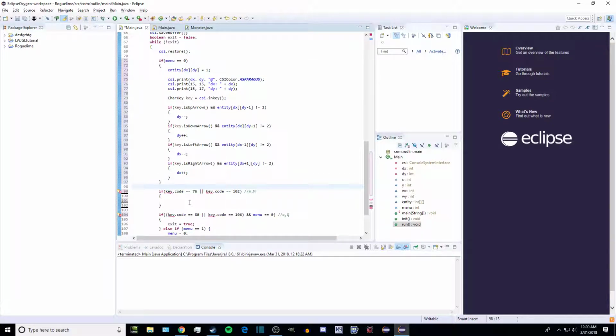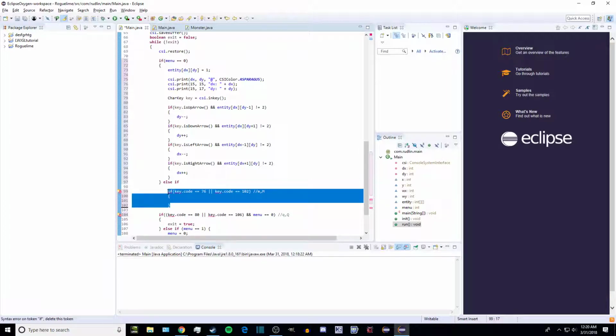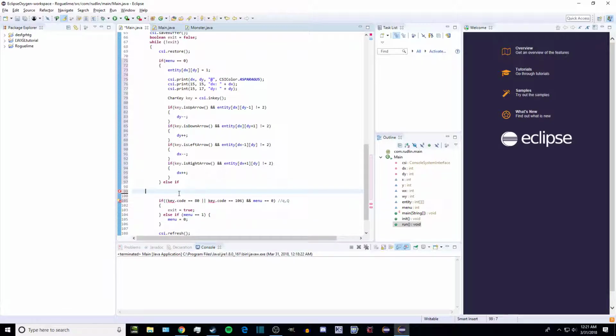This all is valid. However, else if, okay, this is also going to be true. It's also going to be here. I'll work on menu logic in just a second. Else if